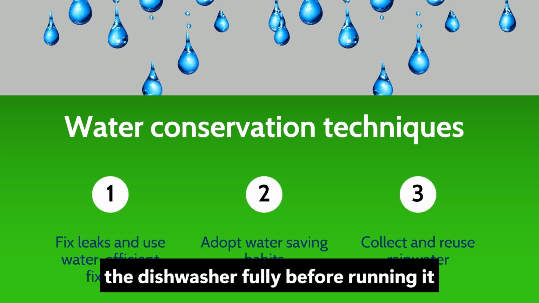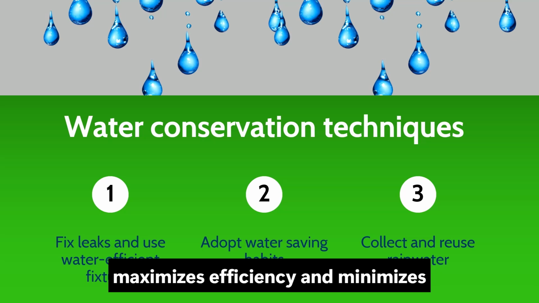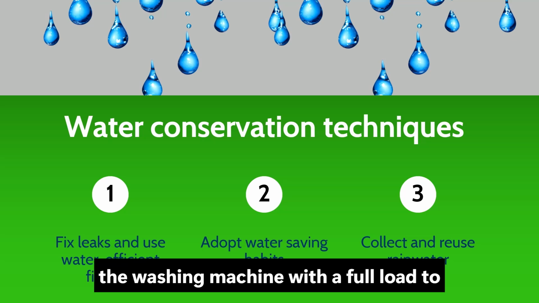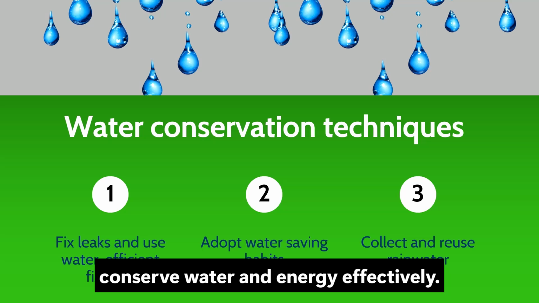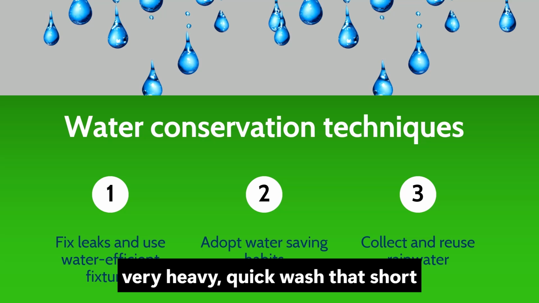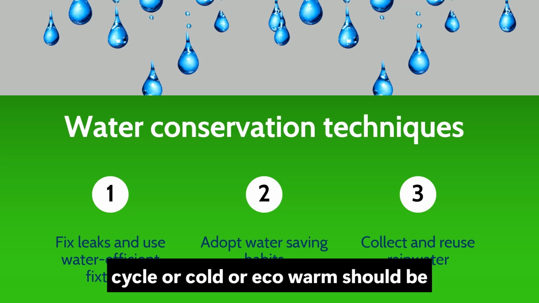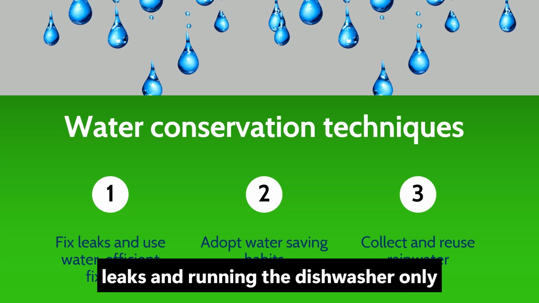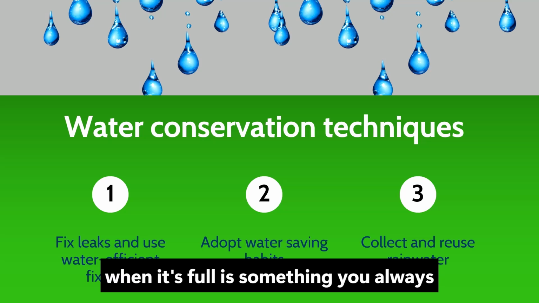Loading the dishwasher fully before running it maximizes efficiency and minimizes unnecessary water use. And always run the washing machine with a full load to conserve water and energy effectively. I heard that unless the load of wash is very heavy, quick wash, that shortened cycle, or cold or eco-warm should be sufficient. And I'm sure fixing leaks and running the dishwasher only when it's full is something you always